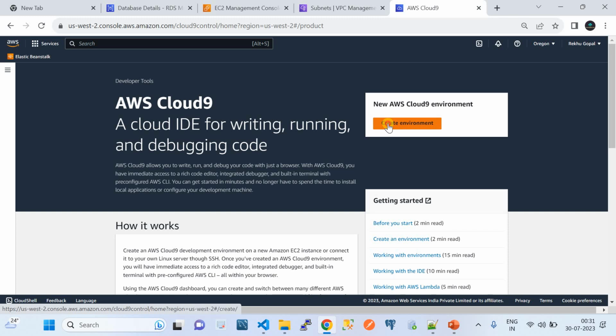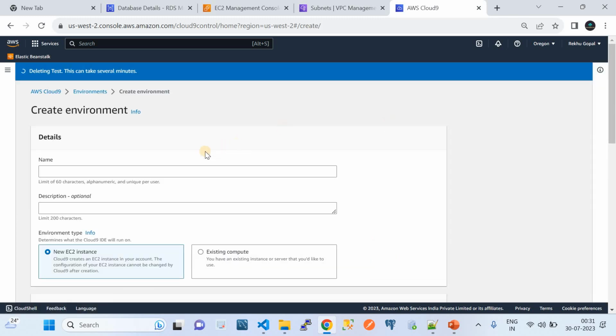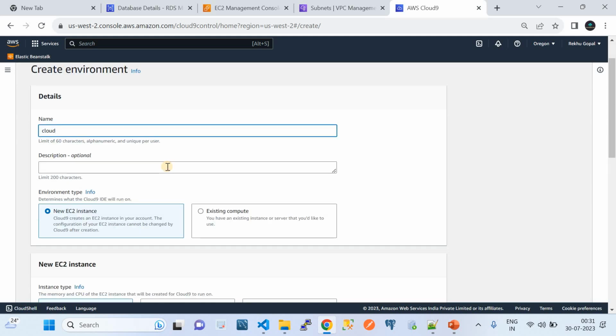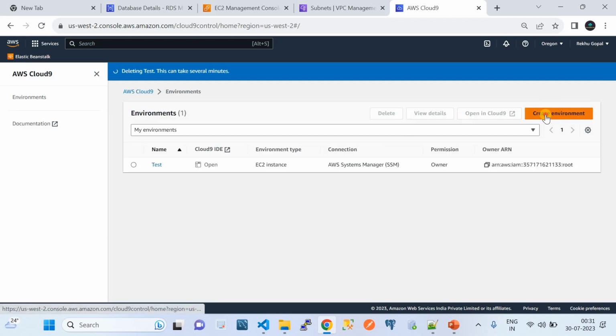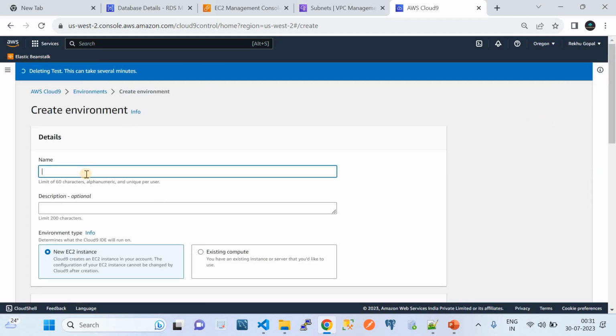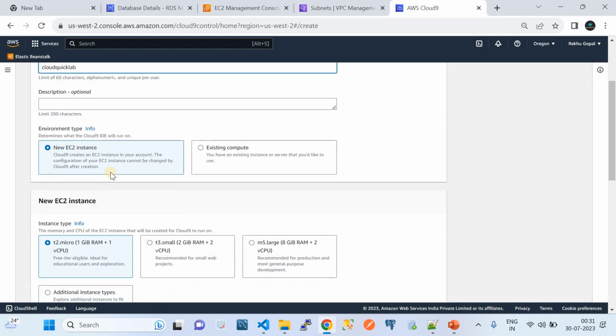So for that sake, I'm going to create an example Cloud9 environment. To create a Cloud9 environment, you have to click on the Create environment button first. Give the name of the Cloud9 environment. Here I'm going to call it Cloud Quick Labs. And then the description, keep it blank, and then for the environment type, choose the new EC2 instance, not